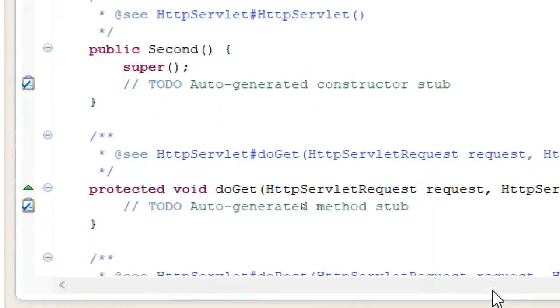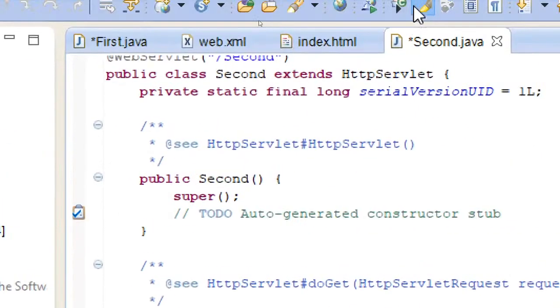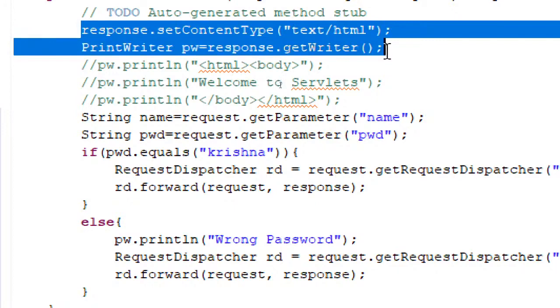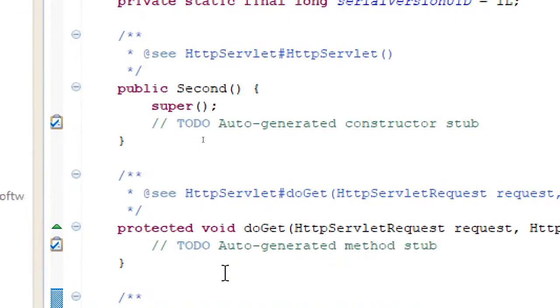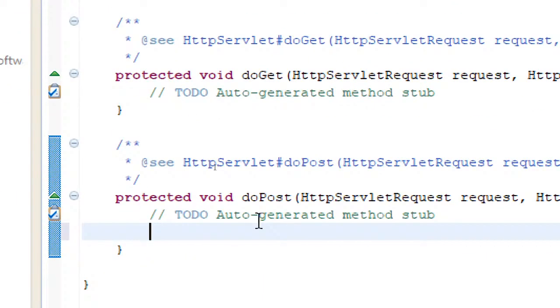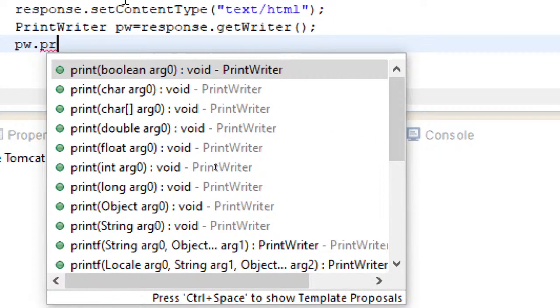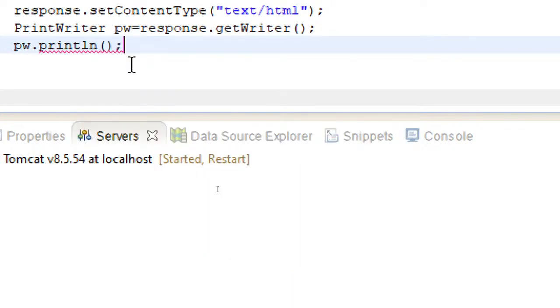So now again in this post method, what I'll just do is, okay, let's copy those lines from first. So this request and response dot set, Control C, and then in second let us again use the same doPost method, Control V, and then let's display a simple message, p.println, and in that println again the same message.